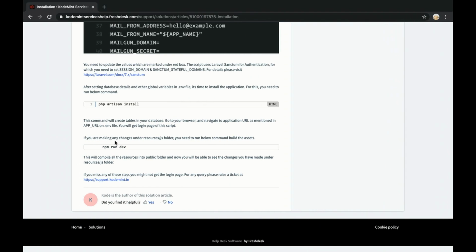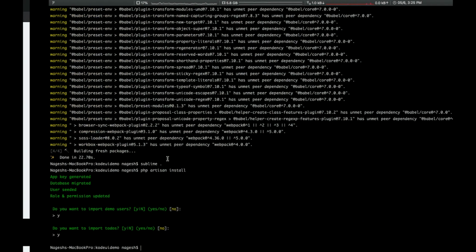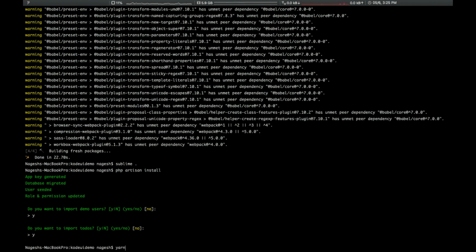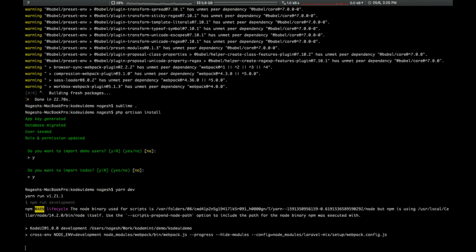Now that this is done, you can run npm run dev to build the application. I'll do yarn dev. You can run both if you want.